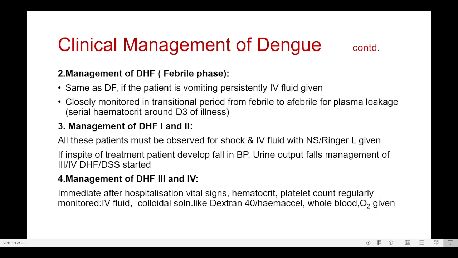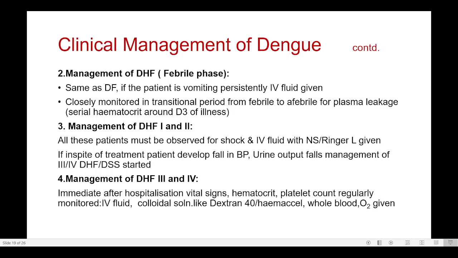If in spite of the treatment the patient develops a fall in blood pressure or urine output falls, then management of grade 3-4, that means dengue shock syndrome, has started. So the mainstay of treatment is IV fluid, and monitoring is done with hematocrit and vital signs, that means pulse and blood pressure. Platelet count is also regularly monitored, and the patient is managed with IV fluid, either crystalloid or colloid solution like dextran 40